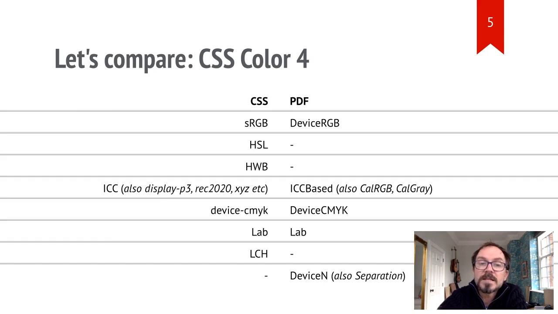Finally, for completeness, there are two other types of color space in PDF which have no correspondence in CSS: DeviceN and Separation color spaces. These map a custom set of components to an existing color space and are how we do spot colors in PDF. They're specialized and useful, but they're not part of CSS4, so not up for discussion today.